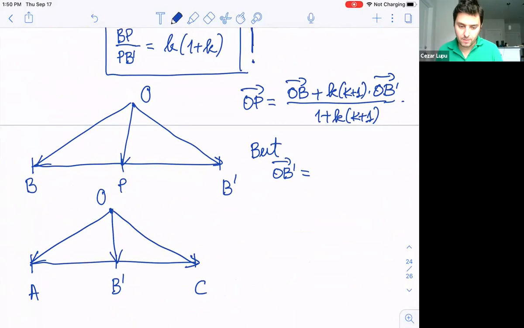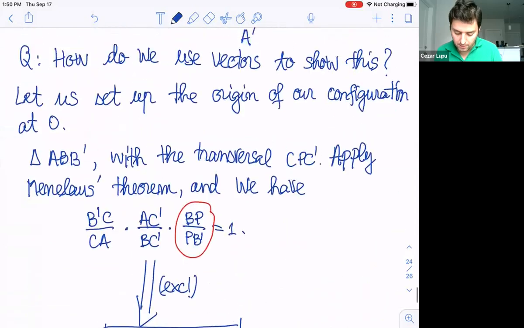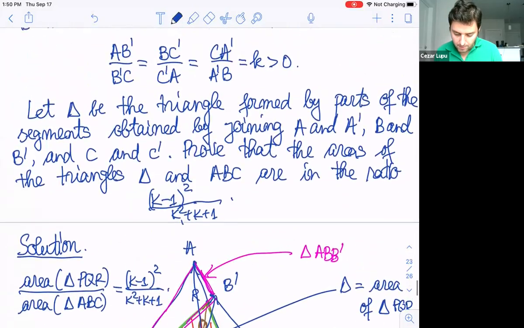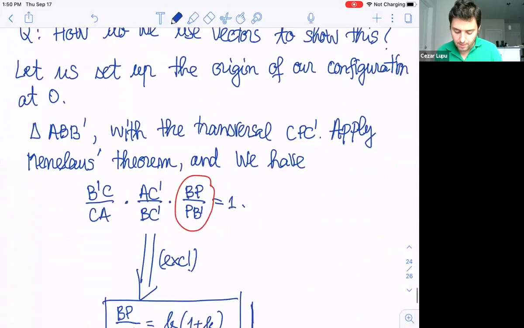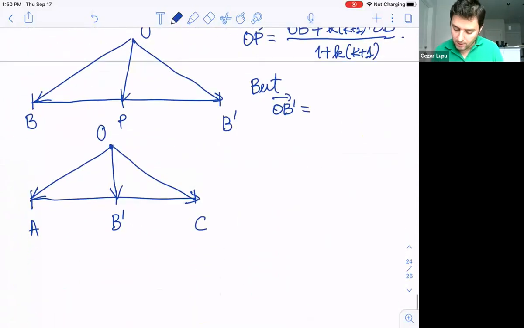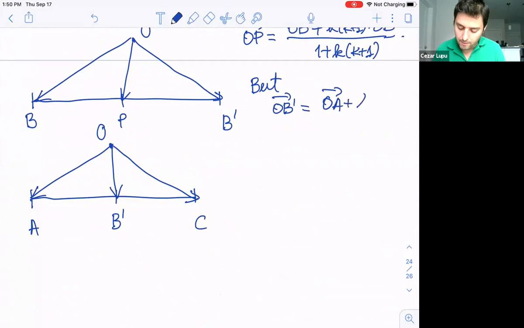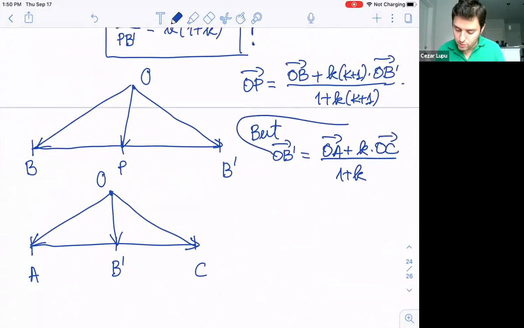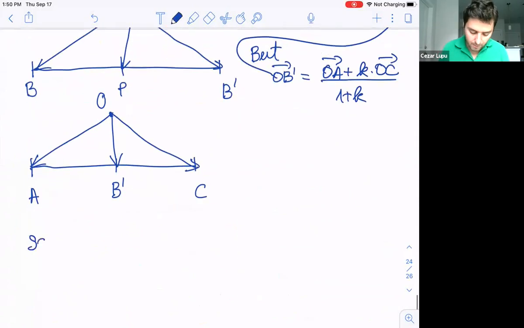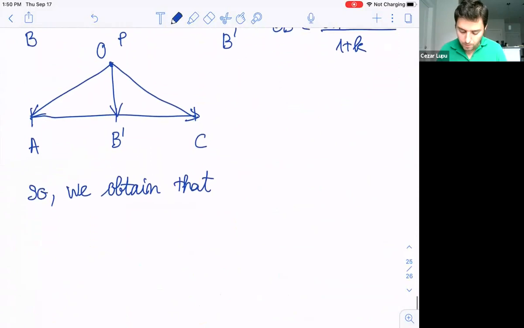The OB prime vector is, I know that AB prime over B prime C. So this will give us that it is the OA vector plus K times the OC vector, everything over 1 plus K. And now I plug this in here, and we obtain the following. So we obtain that the OP vector